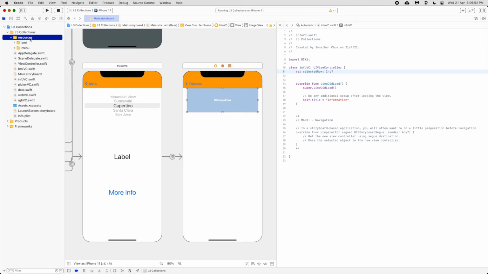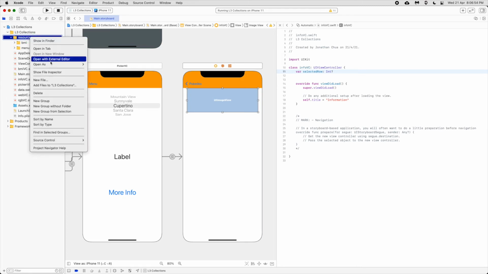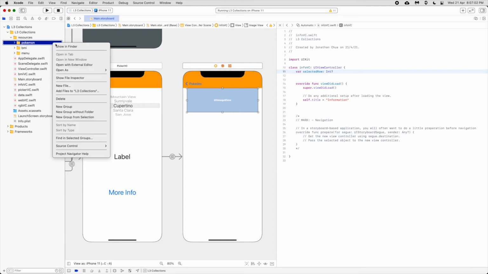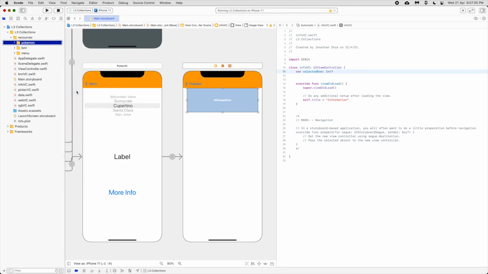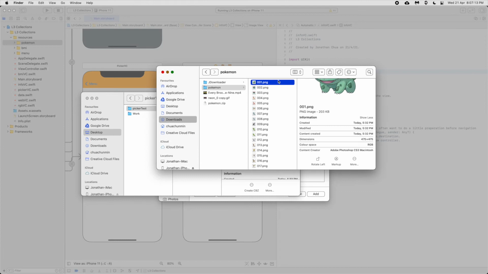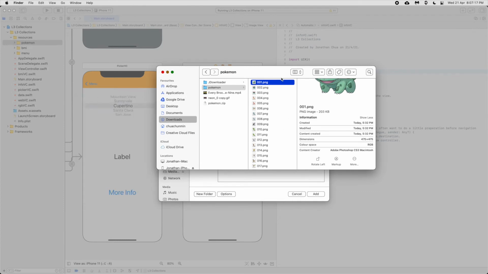import in the picture. So we are going to create a new group. This will be called Pokemon. Okay, and we will right click, add file to L3 collection. Okay, so there is no files in the L3 collection. Okay, so if you don't want to just copy and paste it into the L3 collection, what you can do